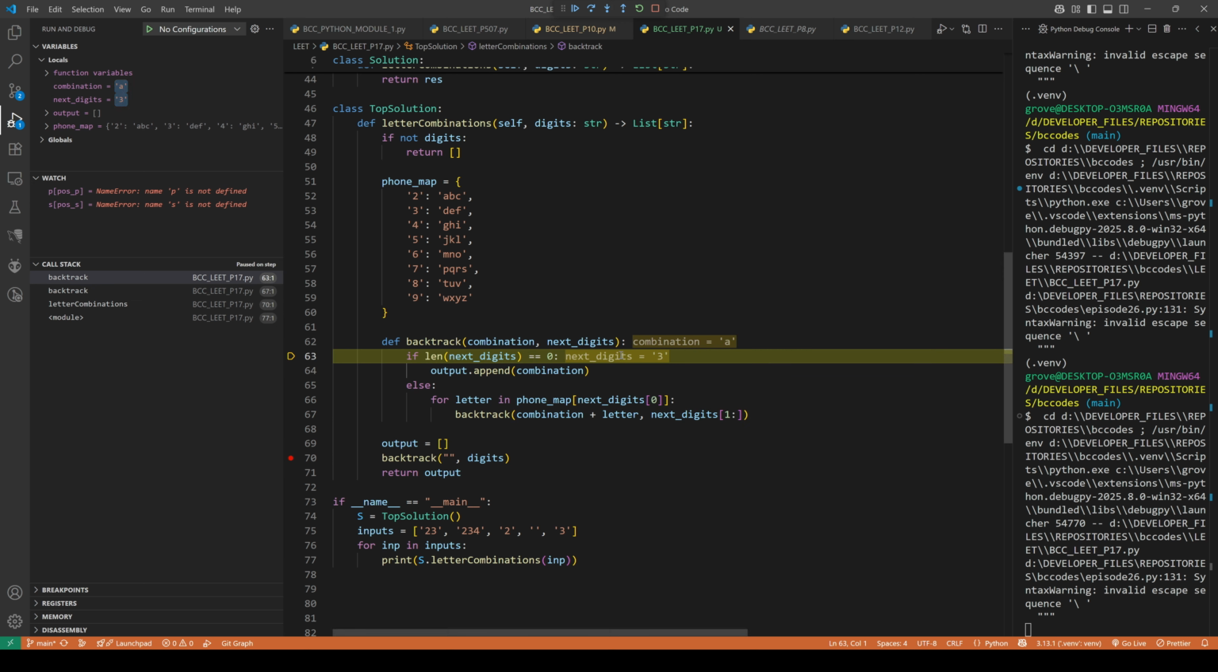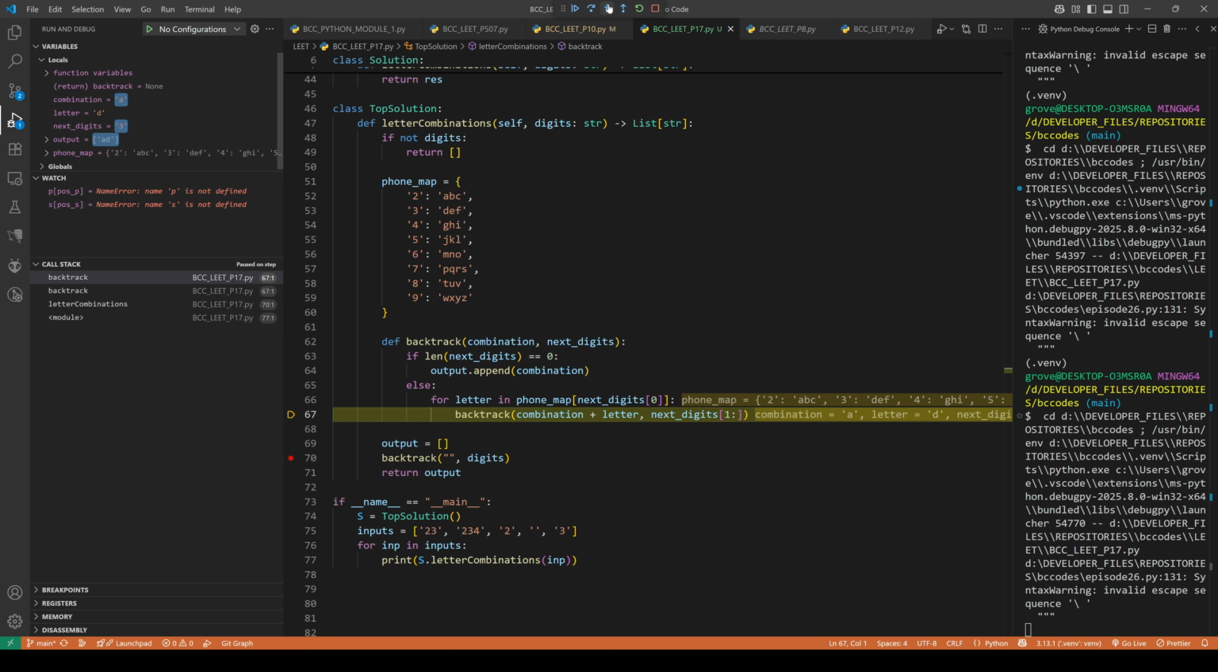So now you have your next digit is 3. So now you're gaining access to the string DEF based on this, and then the first letter there would be D, and then you're calling it again and you're adding D to that A that was currently in the combination, and then you're going to slice it again, and now you have next digits equaling an empty string, and so you're going to add that combination to the output, and then you're going to be exiting out of one of the call stacks and then